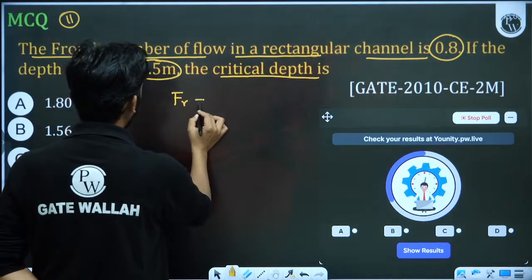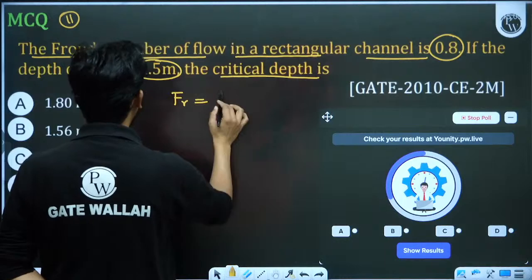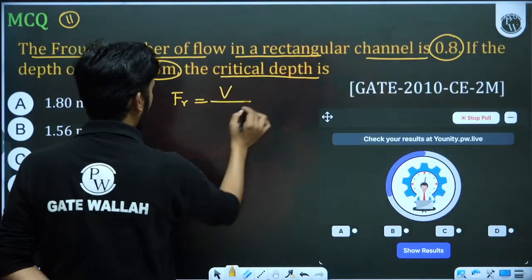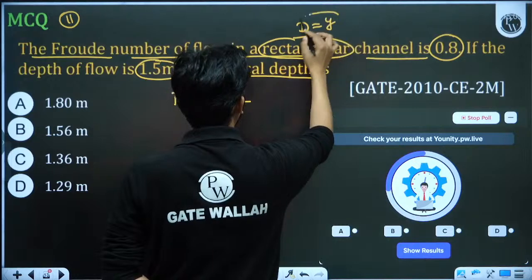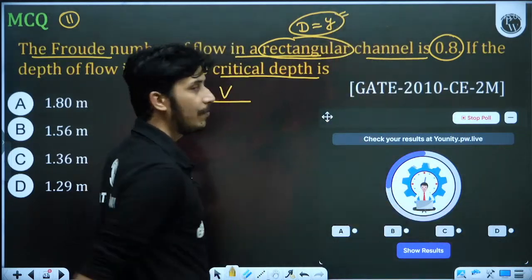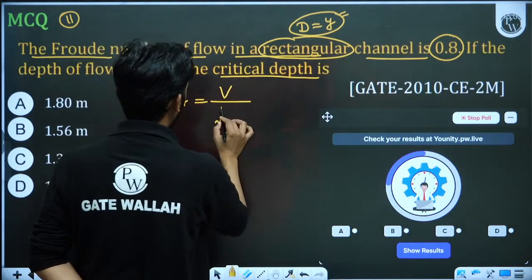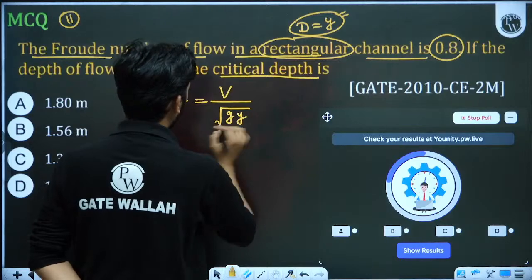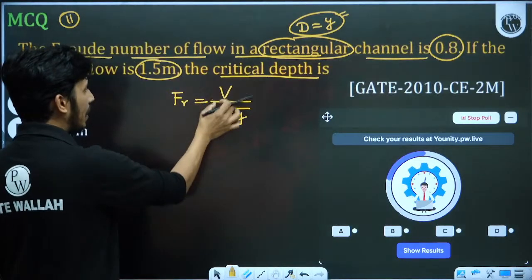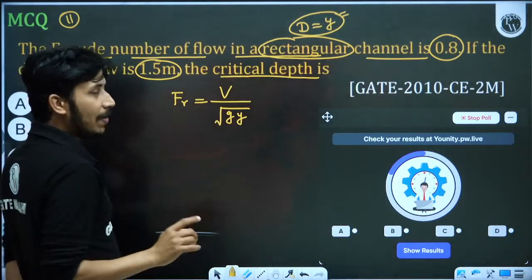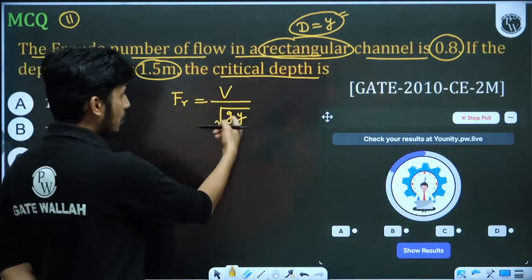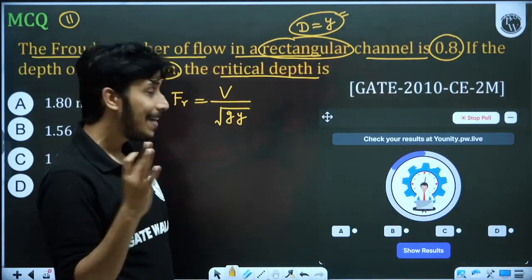तो फ्राउड नंबर अगर आपको याद हो तो या तो हम V डिवाइड बाई रूट GY लिख सकते हैं रेक्टेंगुलर चैनल के लिए, ठीक है, जिसके लिए D इज इक्वल टू Y है। सबके लिए नहीं लिख सकते हैं ना। ट्रायंगुलर चैनल के लिए नहीं लिख सकते हम V डिवाइड बाई रूट GY। ट्रायंगुलर चैनल के लिए D निकालना पड़ेगा, Y/2 आता है D। तो ट्रायंगुलर के लिए फ्राउड नंबर होता है V डिवाइड बाई रूट GY बाई 2। कुछ लोगों के लिए नया होगा ये, V डिवाइड बाई रूट GY सिर्फ रेक्टेंगल के लिए, ट्रायंगल के V डिवाइड बाई रूट GY बाई 2। ट्रेपेजॉइड के लिए अलग D निकालना पड़ता है।